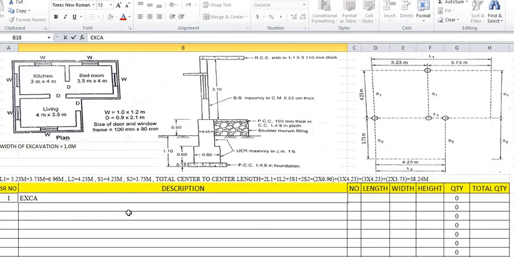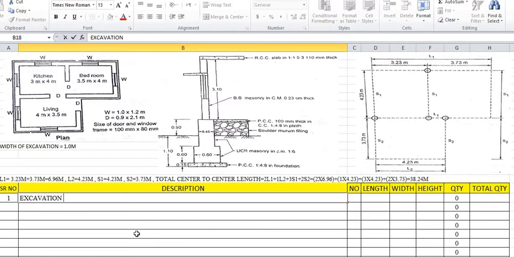So excavation, we will consider the excavations. Excavation is again important. What is the formula for finding out the earthwork in excavation along long wall and along short wall? While considering long wall we have to add the width, and while considering short wall we have to subtract the width, of the particular sections.